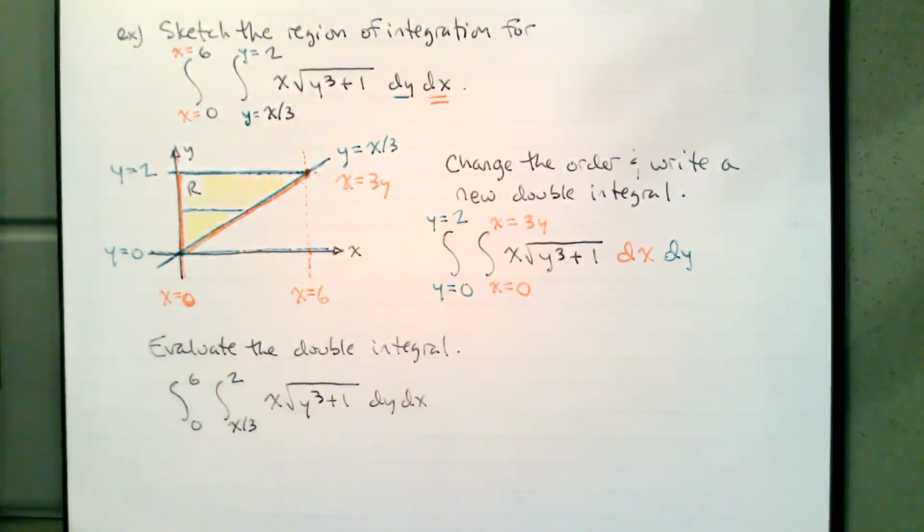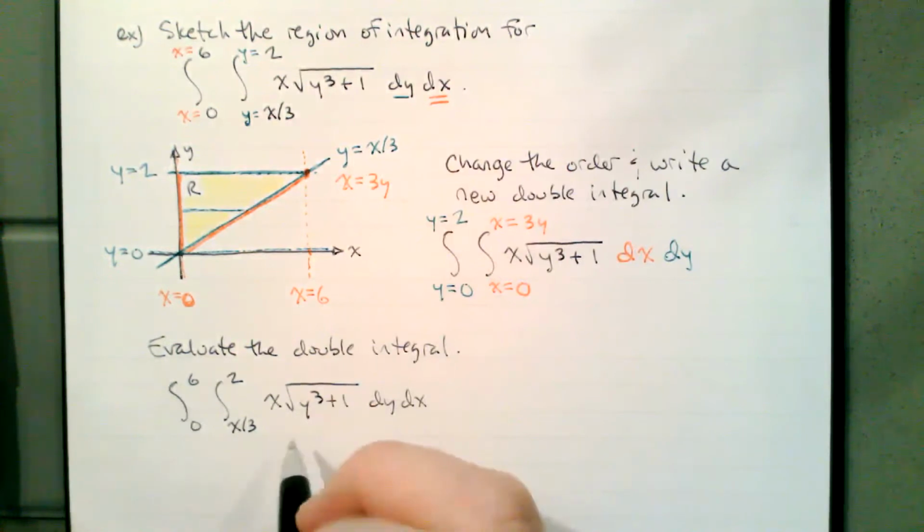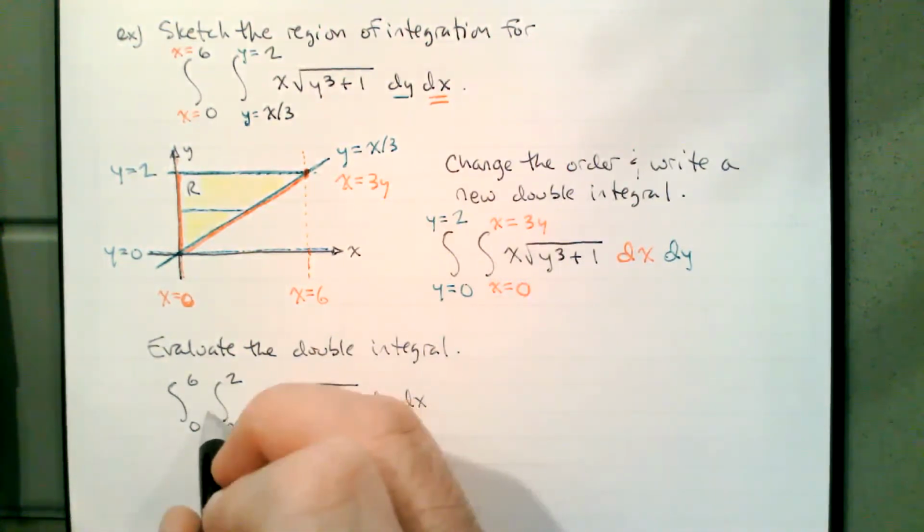to evaluate this integral, the first thing we would look at is integrating with respect to y. The problem is we have the square root of y cubed plus 1. We don't have a nice antiderivative of the square root of y cubed plus 1. We don't have anything on the outside to support a substitution. We're a little bit stuck here. So the problem that we've run into is that we can't integrate dy. So this first integral here